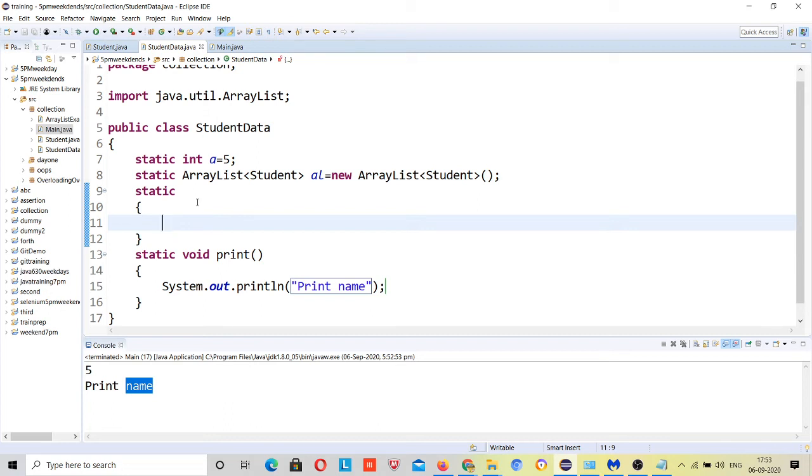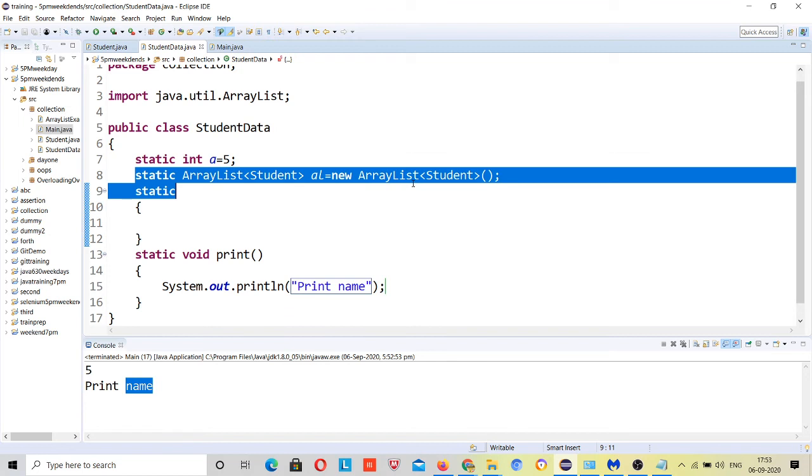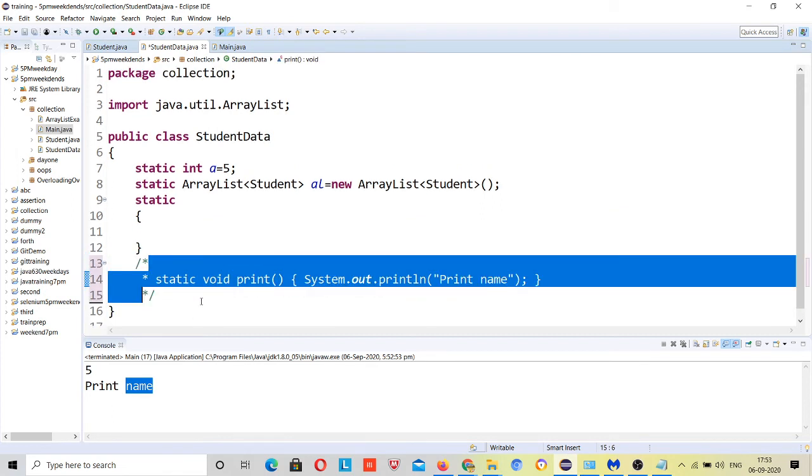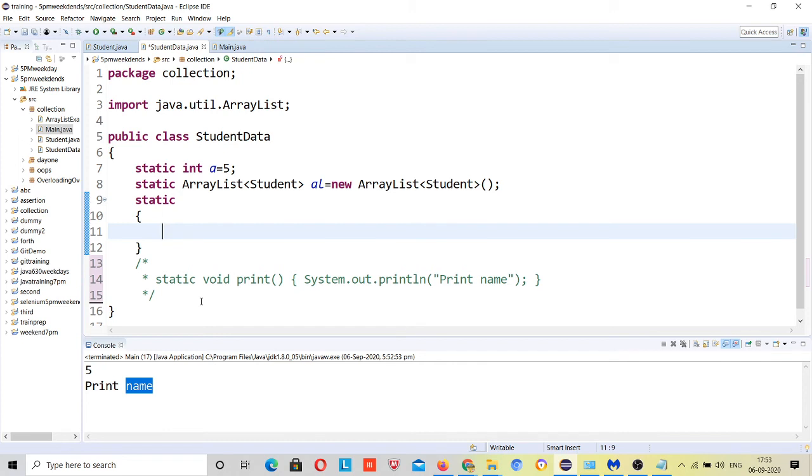So once this variable is static, your data will be loaded, and it will assign value to it, right? Now what you need to add on it, I will comment this so there will be no confusion. I have to add objects. As I said, add method, add objects. And what objects? First let me understand, explaining it one line by one, and then I will do it with a shortcut.